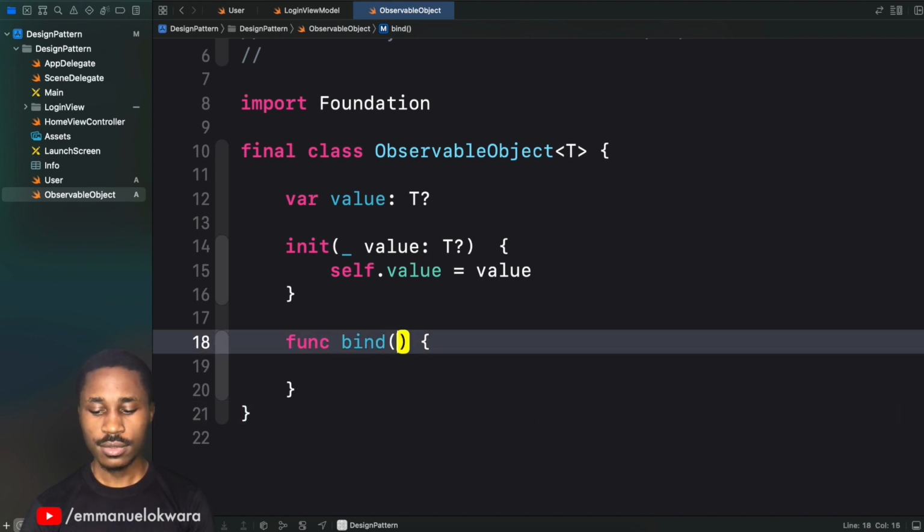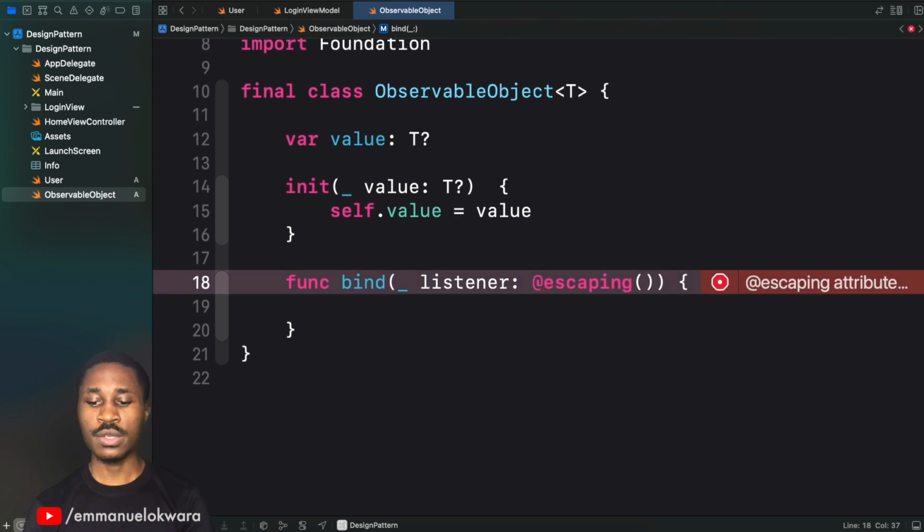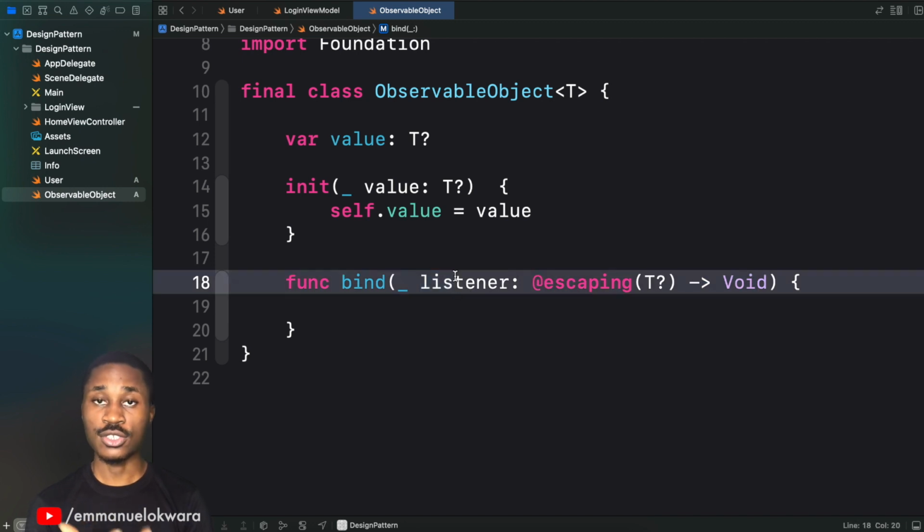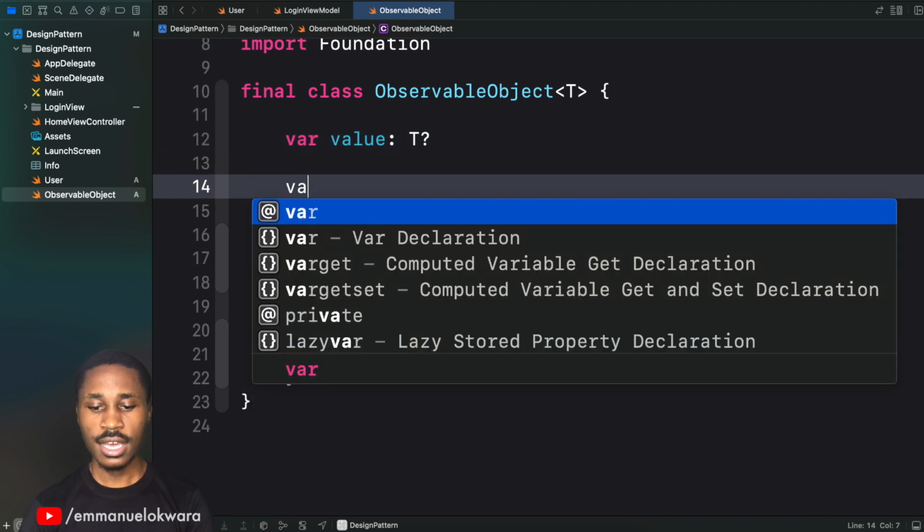So we're going to say listener, and this we're going to say escaping, and the value that we're going to be returning, because when we bind, we also want to send back the news that is within the channel. Okay, so I'm going to put a T right there, and then we're going to say Void. So this is our closure that is basically going to inform whoever is subscribed, or whoever is listening, that a particular change has happened. All right, so now that we have our listener, we're going to have to create a private